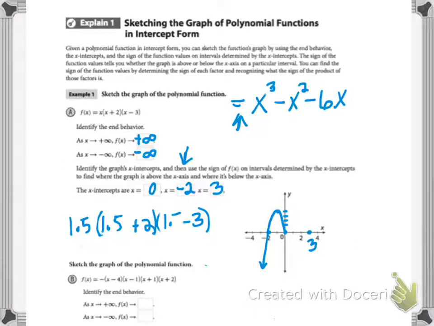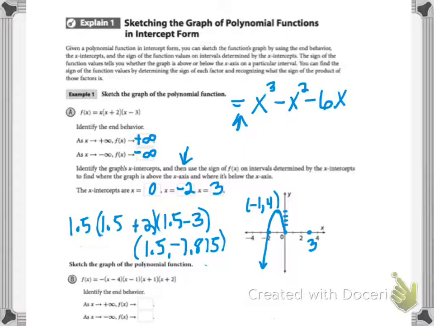So again, I know this was -1 and 4, and then for this one, let's see, I got 1.5 times 1.5 plus 2 is 3.5. So 1.5 times 3.5, and then that's 1.5 minus 3.5, which is -1.5 times -1.5, and I get, let's see, -7.875. So I also have a point at 1.5 and